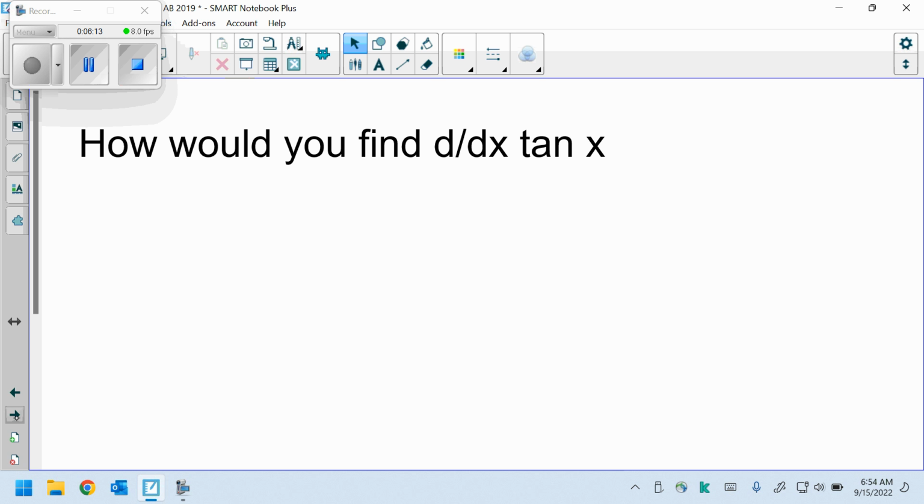Derivative of the tangent of x. Well, let's see, tan x. It's another way of thinking of tan x. You're thinking of tan of x as sine of x over cosine of x. And if so, how would we find the derivative of this fraction? Well, kind of a pain. Probably have to use the quotient rule. I would have to do low